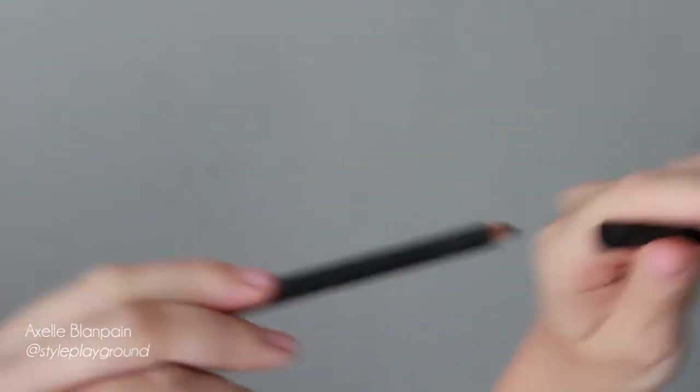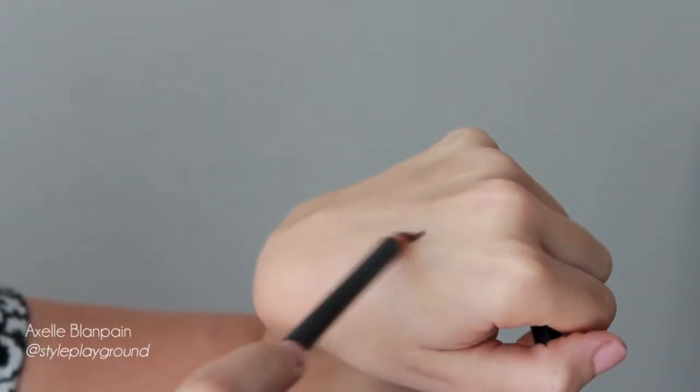The color is just wonderful. It's kind of a bronzy golden brown. I just apply it with my finger. It looks really subtle, but you can smoke it up for night. It looks insanely gorgeous, and I've been pairing it with my Teddy eye pencil from MAC, which is kind of a shimmery brown color, and I've just been applying this all over the lid, blend it out with my fingers,